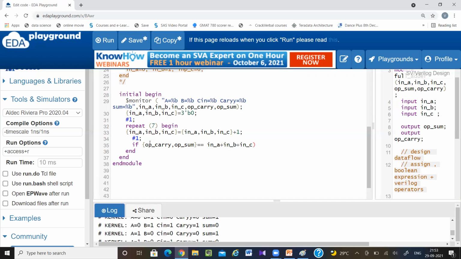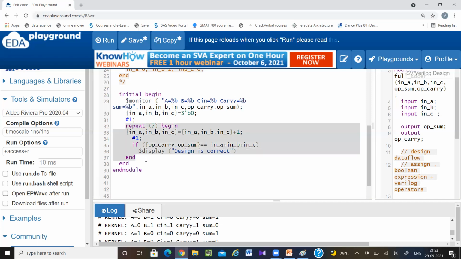If these things are correct, then $display design is correct. Why am I writing the $display statement here? Because it is in the repeat loop. Inside the repeat loop, that means it is going to get executed 7 times.